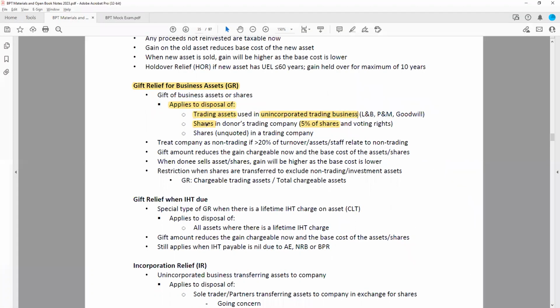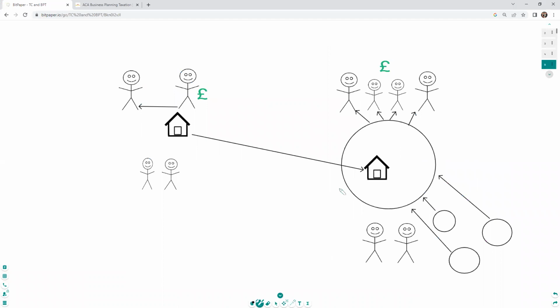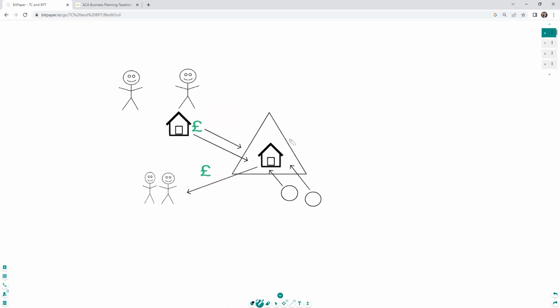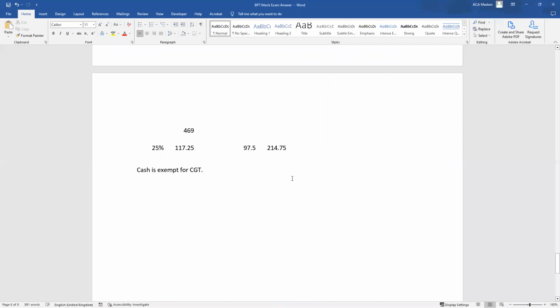But there's another type of gift relief, and this is like gift relief when IHT is due. So it's a special type of gift relief. If there's a lifetime IHT charge on the asset, then the CGT is deferred, because otherwise it would be a lot of tax on this transfer if it transfers into a trust, has to pay IHT and also CGT as well. So that's why that relief is available there. So we could say,